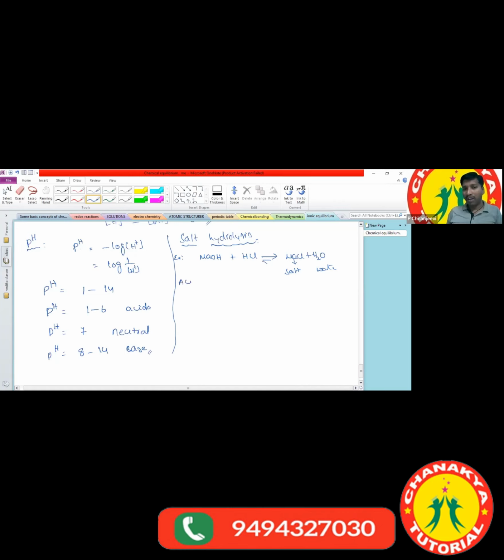We have different types of salts. Acidic salts. What is meant by acidic salts here? The salts which release H plus ions are called acidic salts. That means the salt which contains replaceable